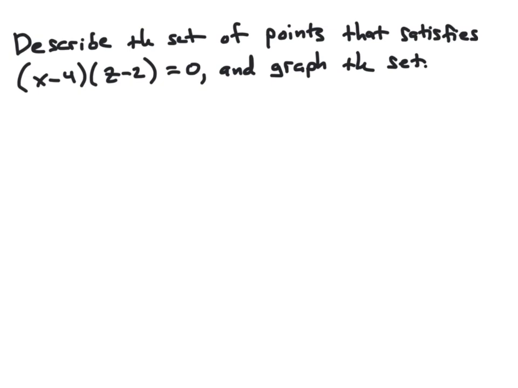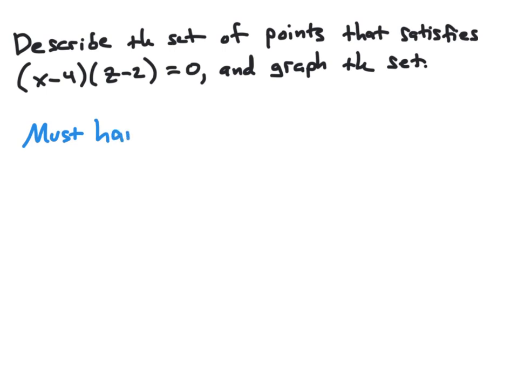In this example, we want to describe the set of points that satisfies the equation (x - 4)(z - 2) = 0, and to graph the set of points. If we have a point (x, y, z) that satisfies this given equation, it's pretty easy to determine that it